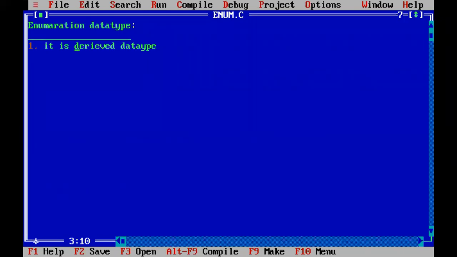Under derived data types, we listed arrays, structures, pointers, functions, and this enumeration data type also. So structures is a derived data type, pointer is a derived data type, functions is a derived data type, and this enumeration is also a derived data type.